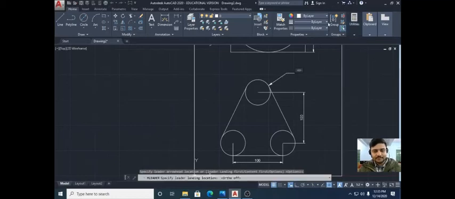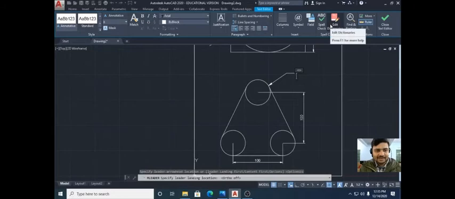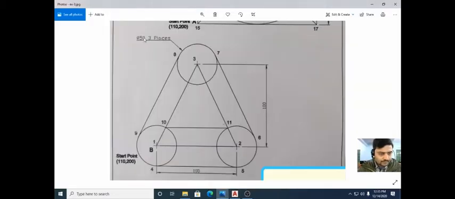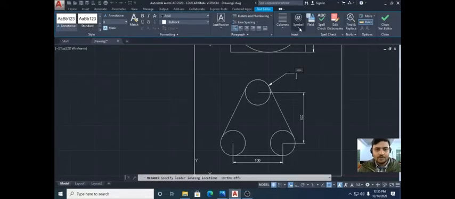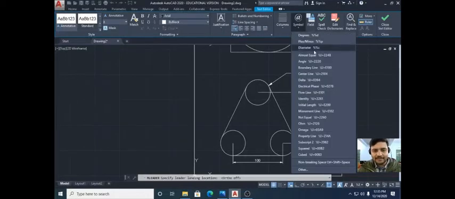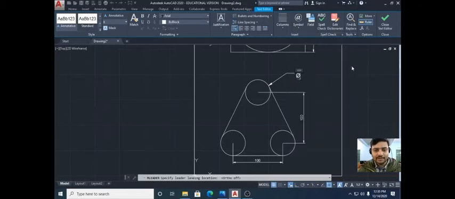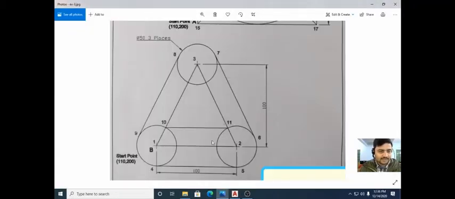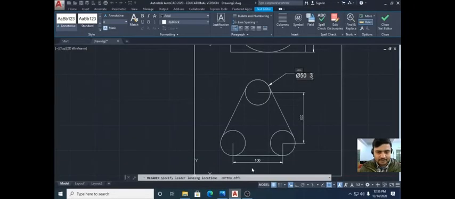Okay, now automatically the leader arises. Now what you have to write is diameter 50, 3 places. You can take the diameter from symbols. Write 50, space, 3 places, with the space.